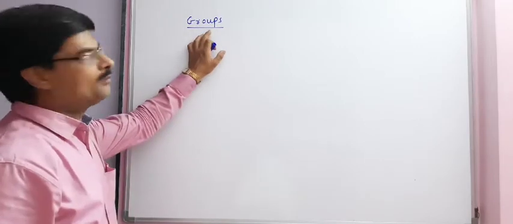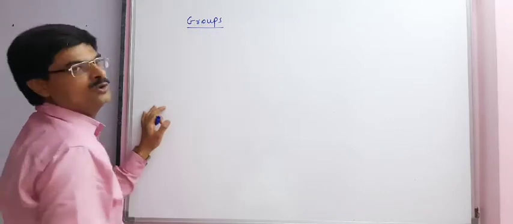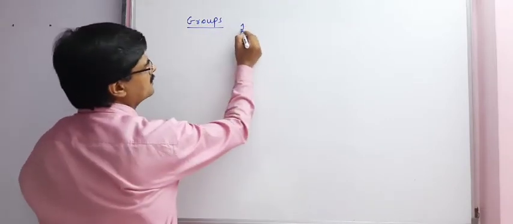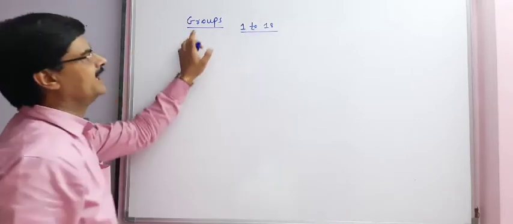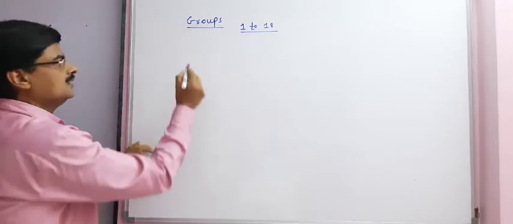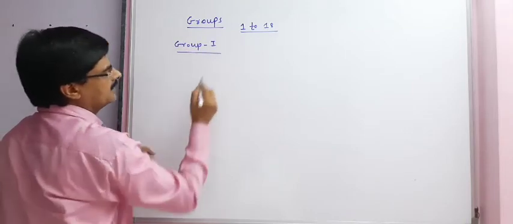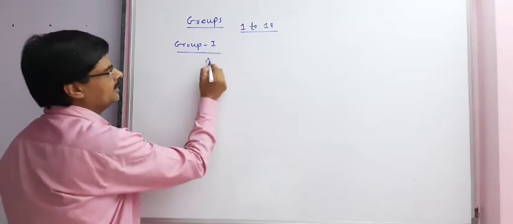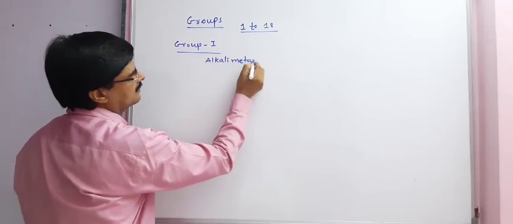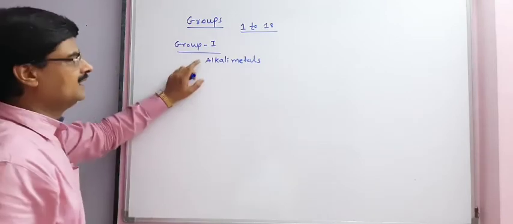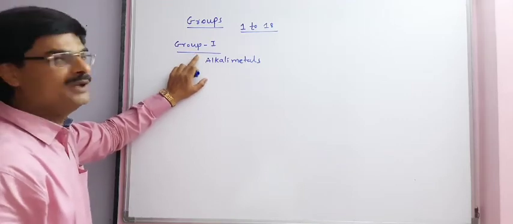In the modern periodic table, the vertical columns are said to be groups, and there are 18 groups. Groups 1 to 18 are present in the modern periodic table. Group number 1 elements are said to be alkali metals. And the elements present in group number 1 have valence shell electronic configuration